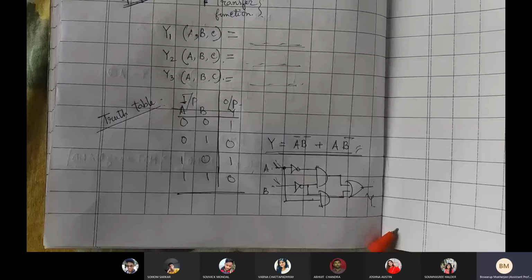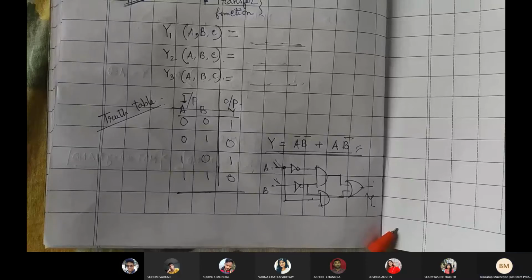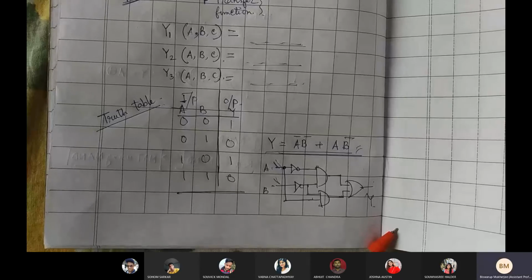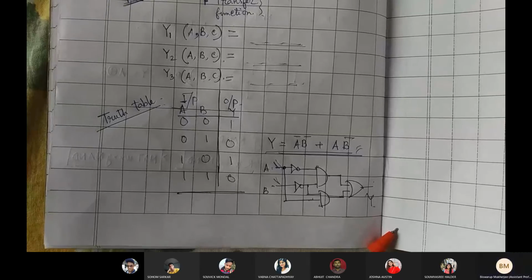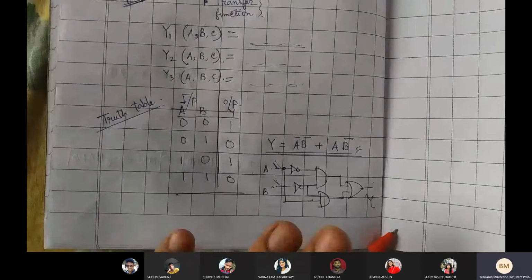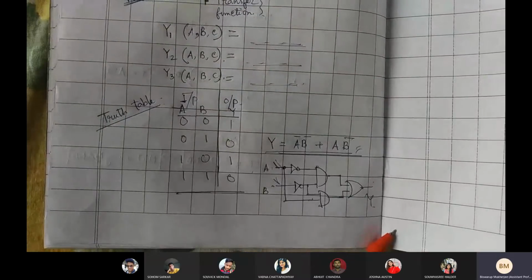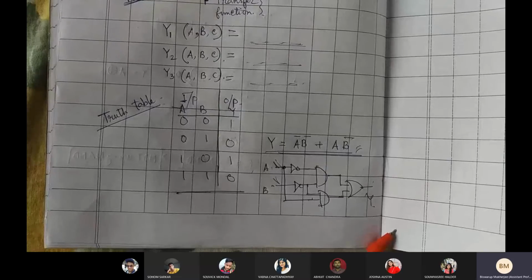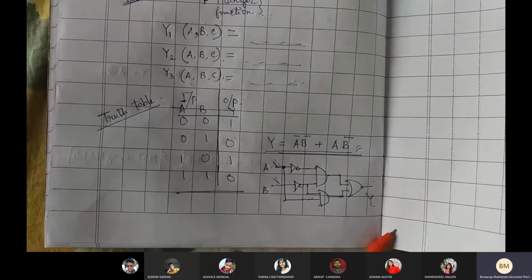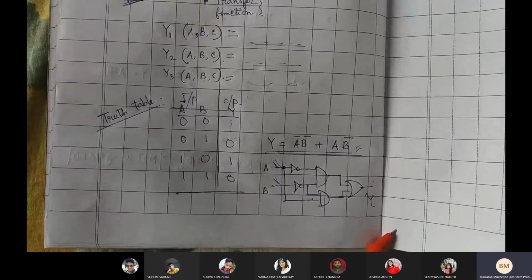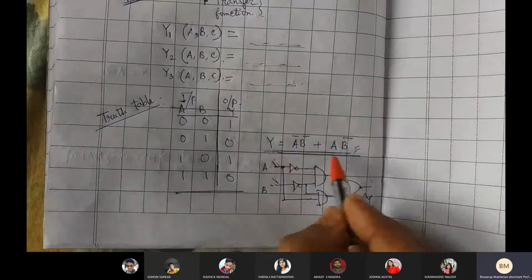The next thing is that your system should also consume low power and should be cheaper. That means the cost of making this circuit should be lower. And also the delay should be low, the area consumption should be low, something like this. So these are the extra parameters that you need to include in your design. In order to do that, make sure that you get one Boolean function which is minimized in nature.